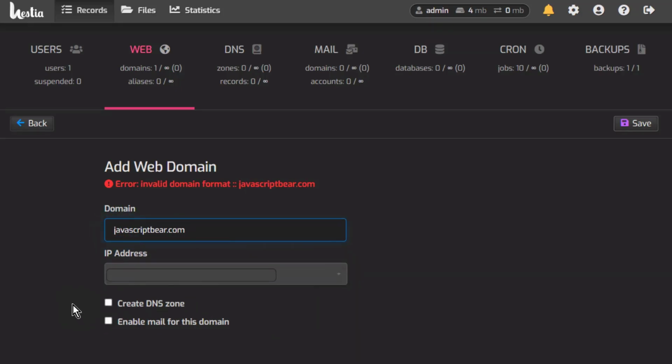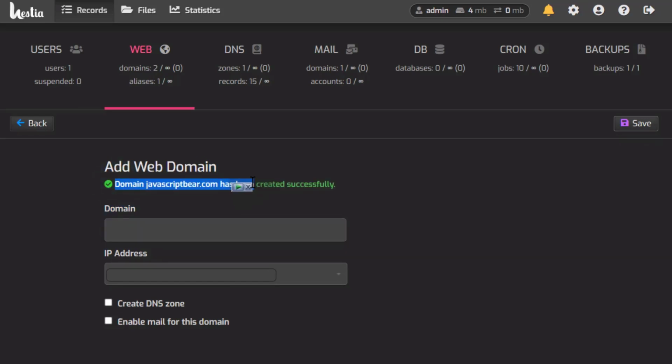And then once again, I'll click there on create DNS records, and then create, and then enable mail, and then I will save. And now you can see that our domain has been created successfully. If you look here, you'll see that we have two websites, and we also have one zone. So we have a zone for this domain that we created, and we have 15 records, and you can copy